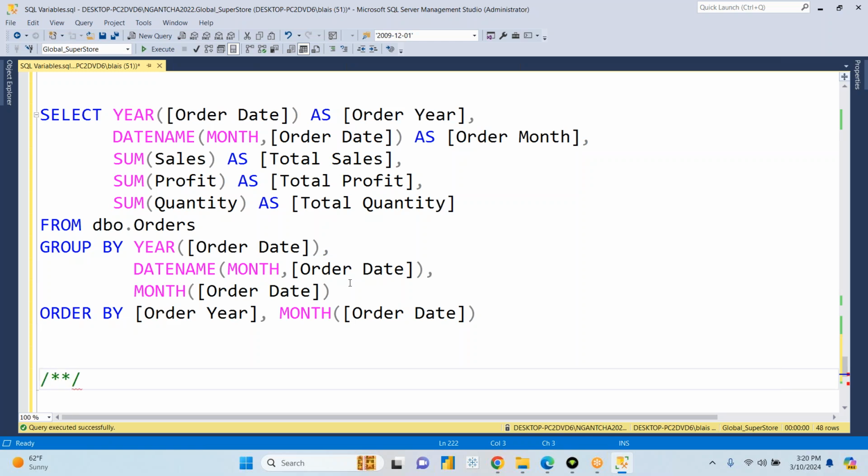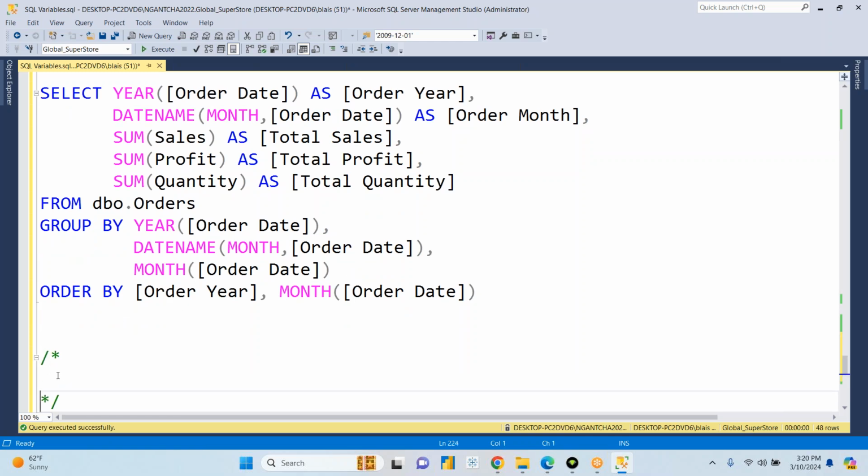First part is going to be a stored procedure. Second part is going to be a variable. Right. So using the query above, right,